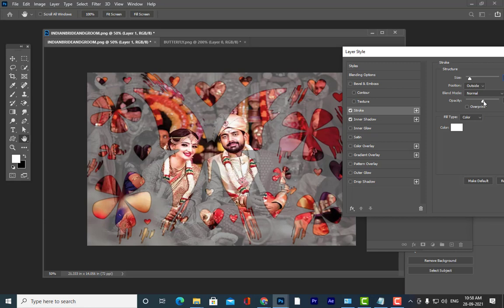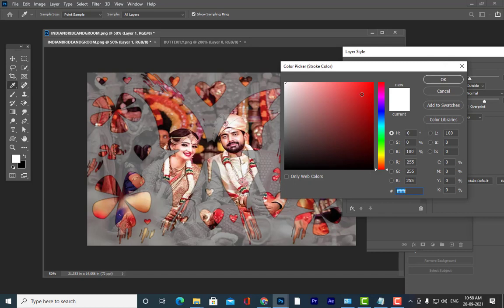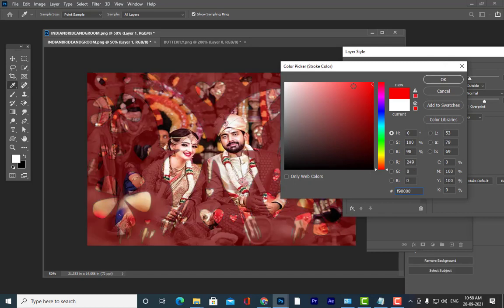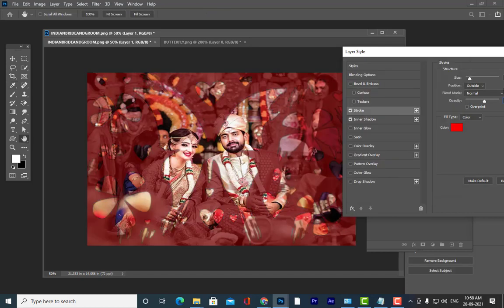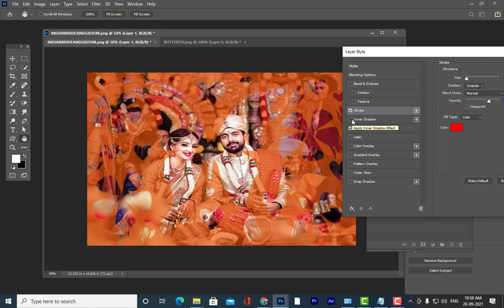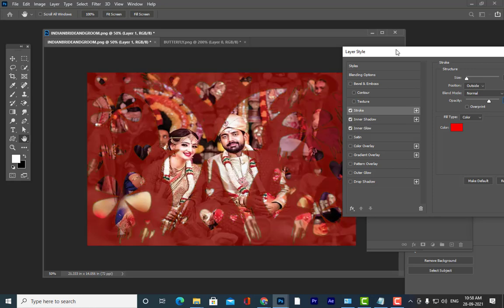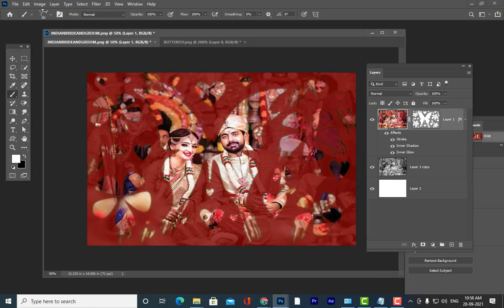We can reduce opacity here. And in case we want some different color, we can give a different color here. Just look at the number of combinations you can get. We can also add inner glow to this. So many things you can do. Okay, is it clear, all of you?